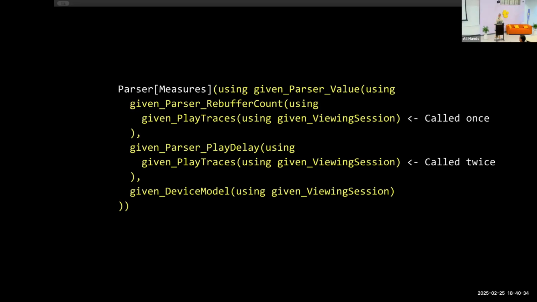So the app just crashed instantly. It was just not working. And then you have device model. It's called just once. So what we did, in the apply of the parser, we did caching. We said, oh, we need to cache. Let's create a hash map and just store values in there. It worked pretty well, actually.